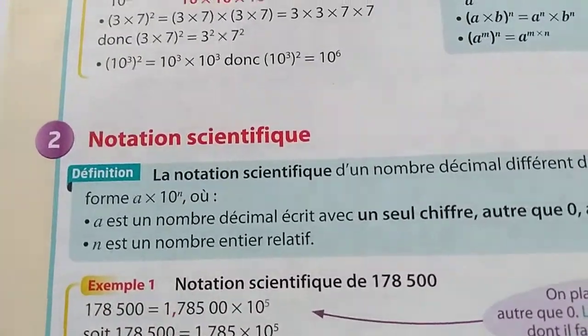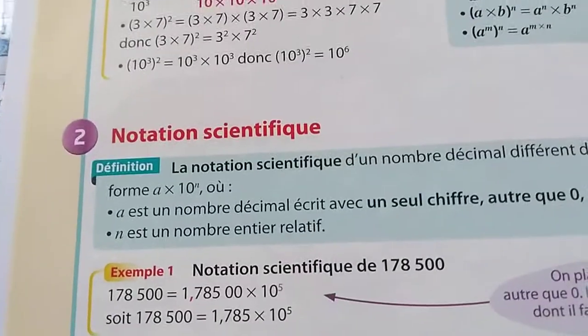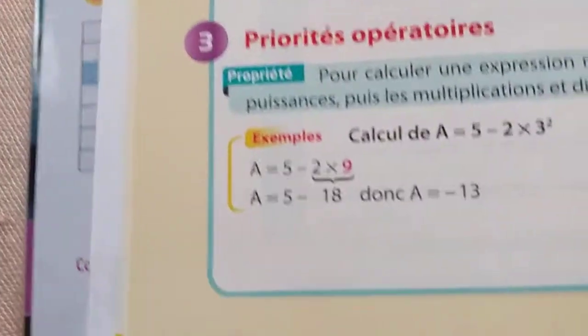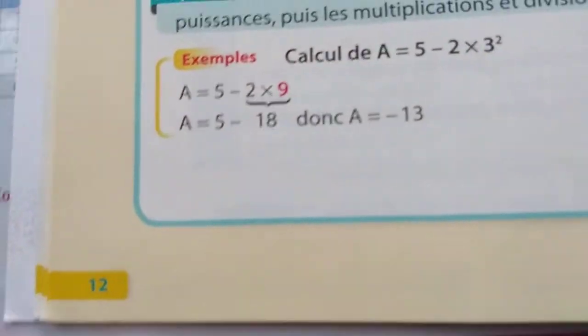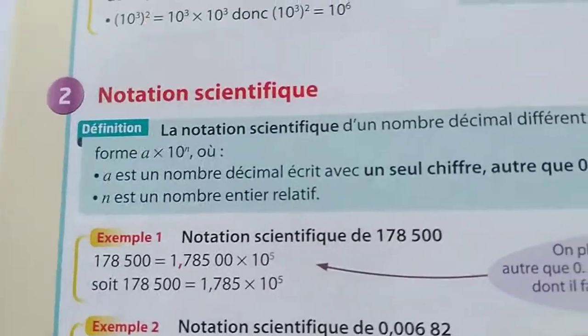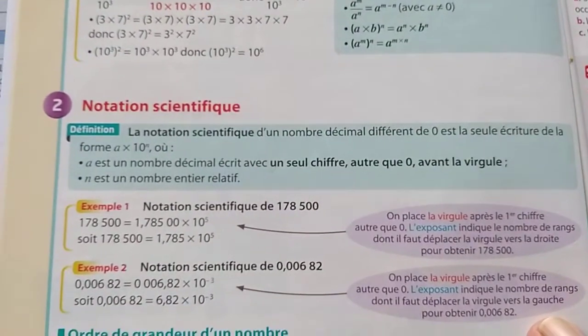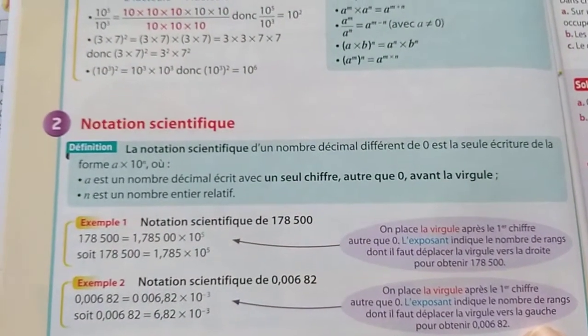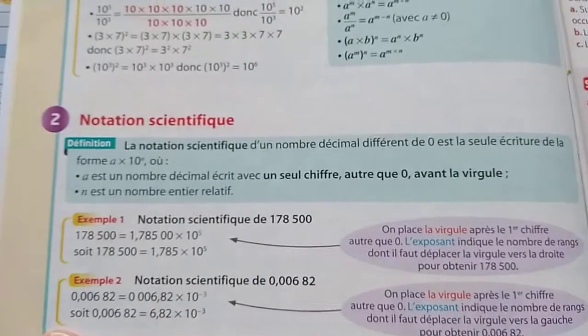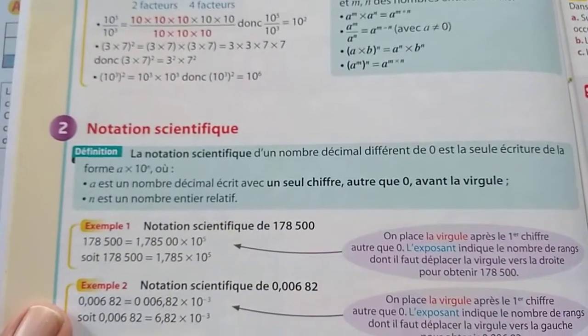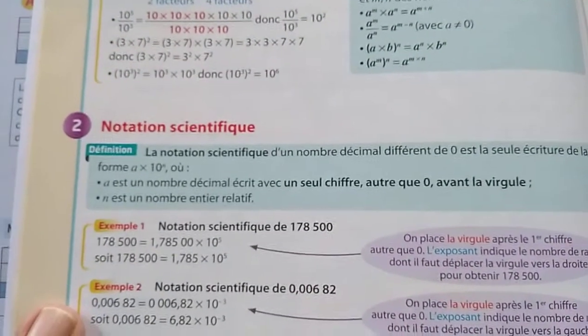This is Notation Scientifique. It's there on page 12 of your book, page 12 here. And this will be a very short video. I know I've said that before in other videos and the video has turned out to be long, but this is really going to be short. Indeed, it will be so short that I'll give you some problems from the chapter to do, and that assignment will be graded.